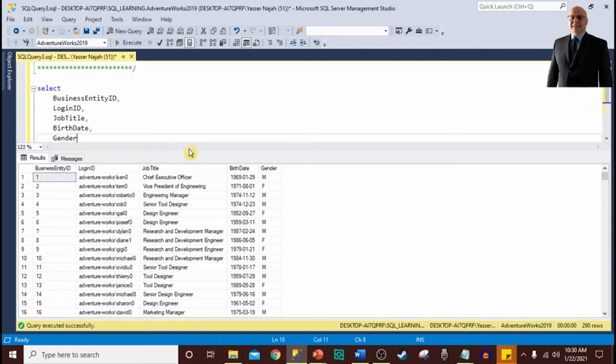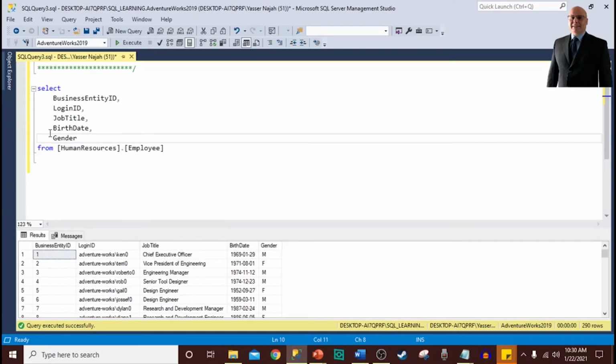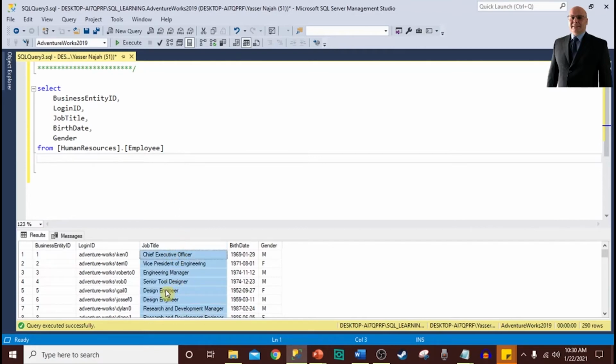Okay, this should be enough. Let me drag this down here so you guys see my query. Now let's see how we can use the wildcards in here. Let's say I need to look for any job title that starts with the letter A. In this case, I will write where